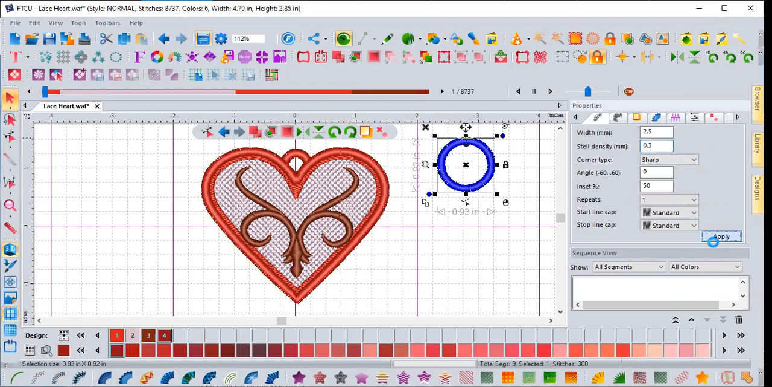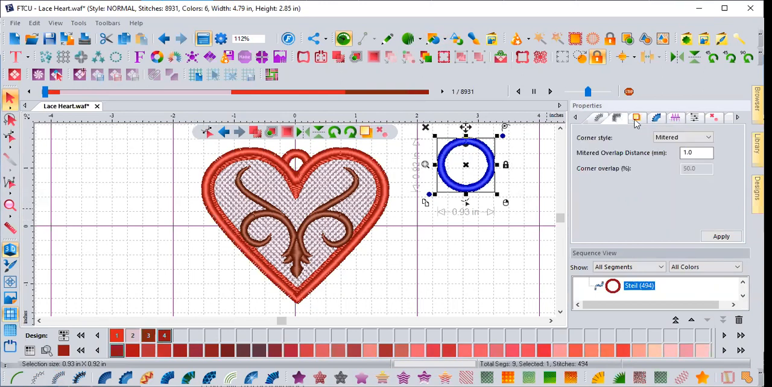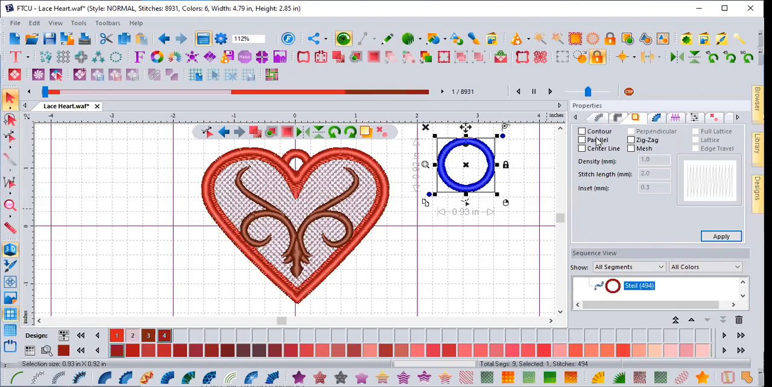And then you also need underlay. That's the big difference between a regular steel stitch and that mesh steel. So the density and underlay. So I can go here, and I believe,